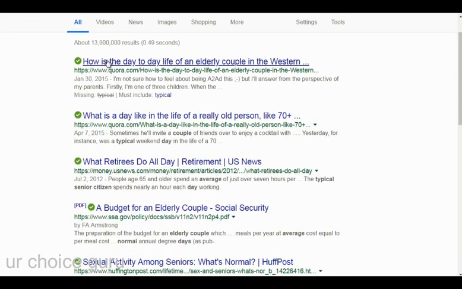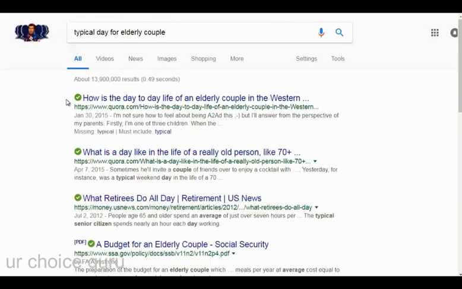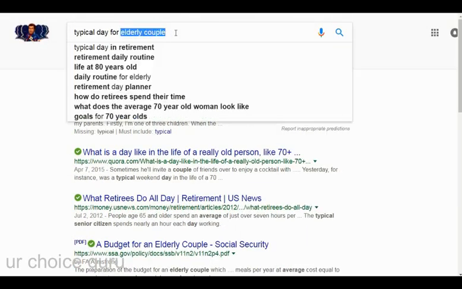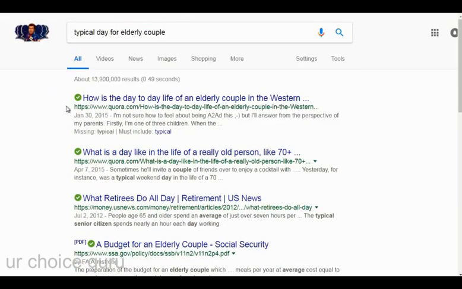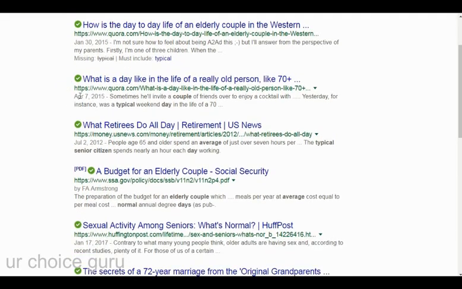Sometimes right off the bat, people are talking about it. Or, since it's elderly couples, we could simply go to the websites where elderly couples hang out and see if we can find somebody maybe in a forum who is actually talking about